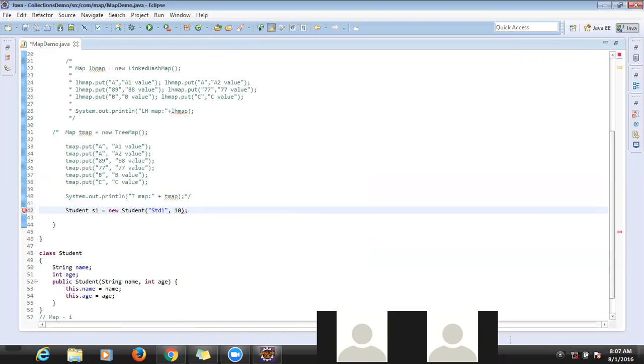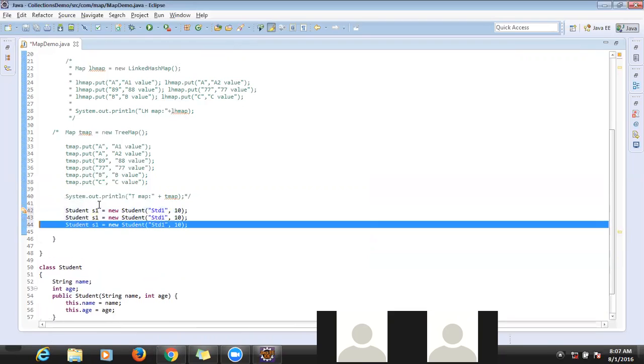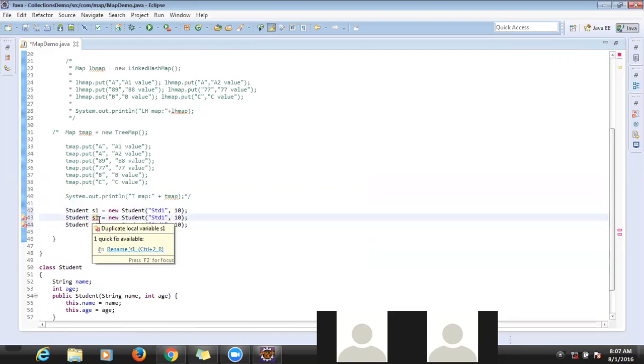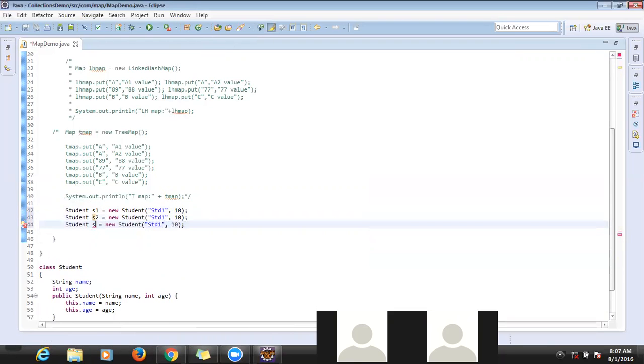So for the first student, I am passing name as student 1, and age I want to give as 10. So one student object is ready, and I want to create two more objects, student s2 and student s3. Let me give student 2 name also as student 1 and age 10, and let me give student 3 name as student 3 and age 11.